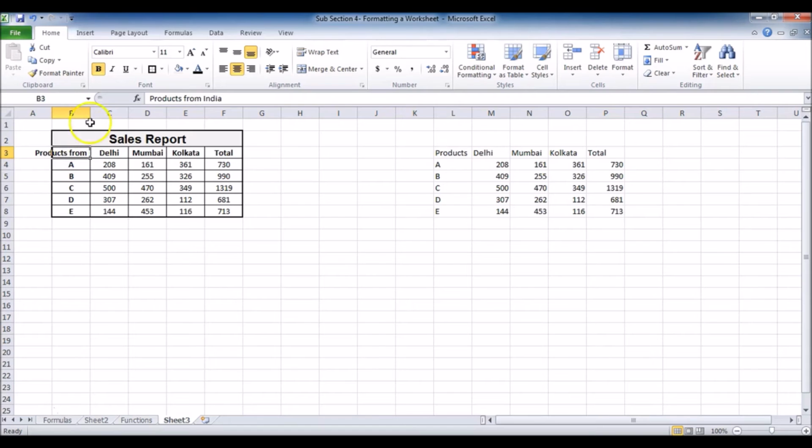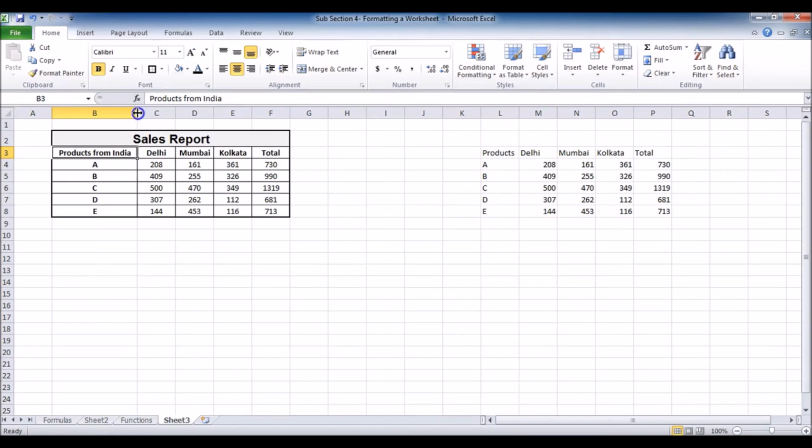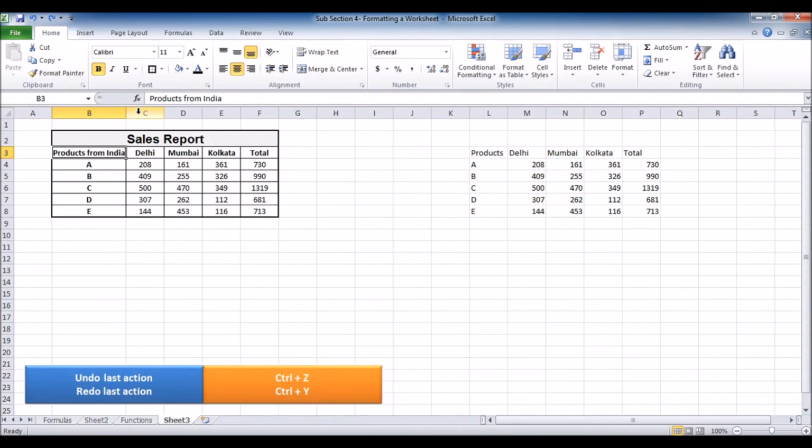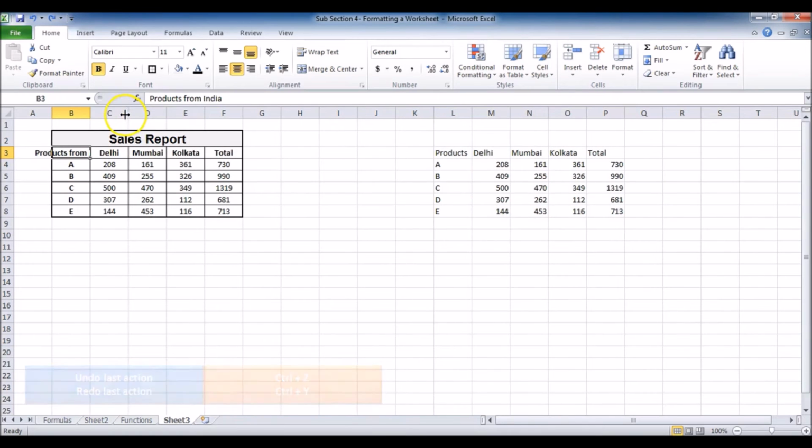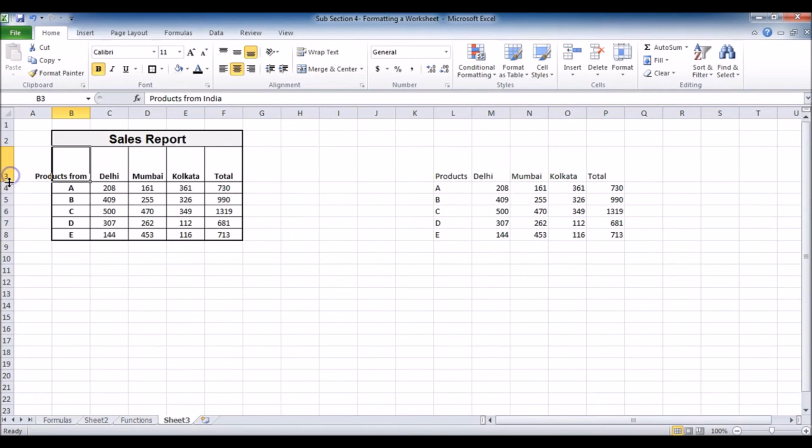In that case, either I expand the width as we have discussed earlier, but the problem is that the width of column B is pretty big as compared to the rest of the columns, which is not symmetrical. So I'll undo it by pressing Ctrl Z, and what I'll do is increase the height of this row by clicking on it and dragging it a bit down. And now as I'm standing on this cell, I'll click on wrap text. When I click on it, it'll fit in this particular cell,